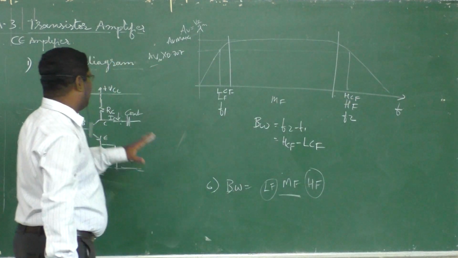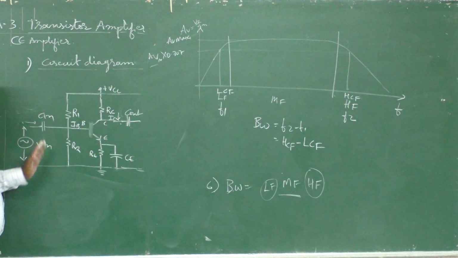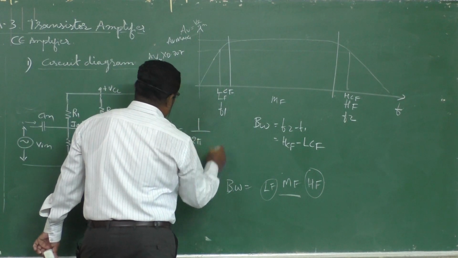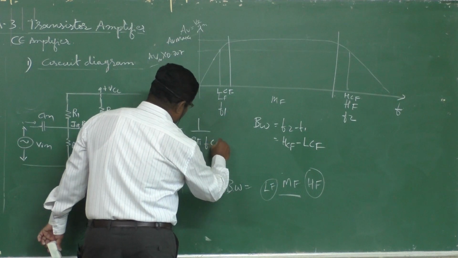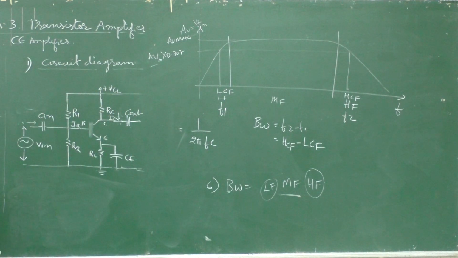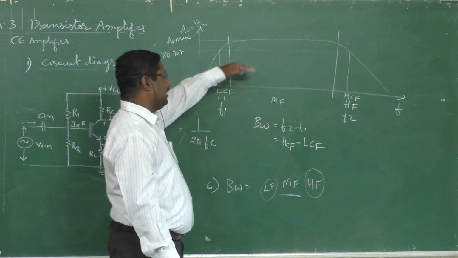So for which set of frequencies is it acting well? For the mid frequencies it is acting very well. The reactance is given by Xc equal to 1 divided by 2 pi f c, and in the mid frequency region the reactance offered by the coupling and bypass capacitors becomes small and negligible. The reactance offered by the wired capacitor also becomes negligible. So that's why we are getting a very good response.